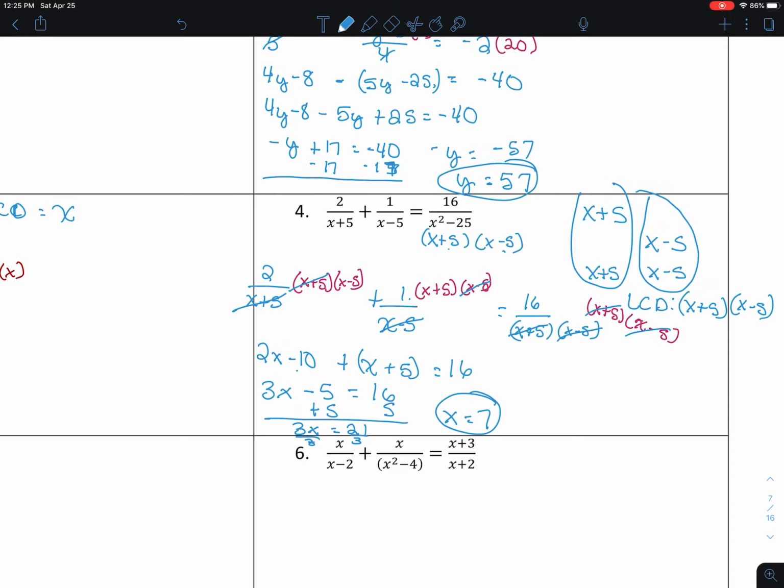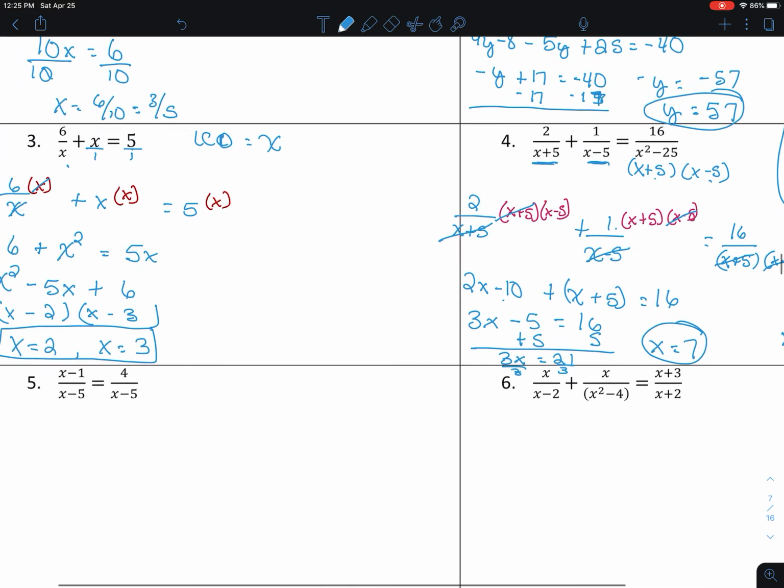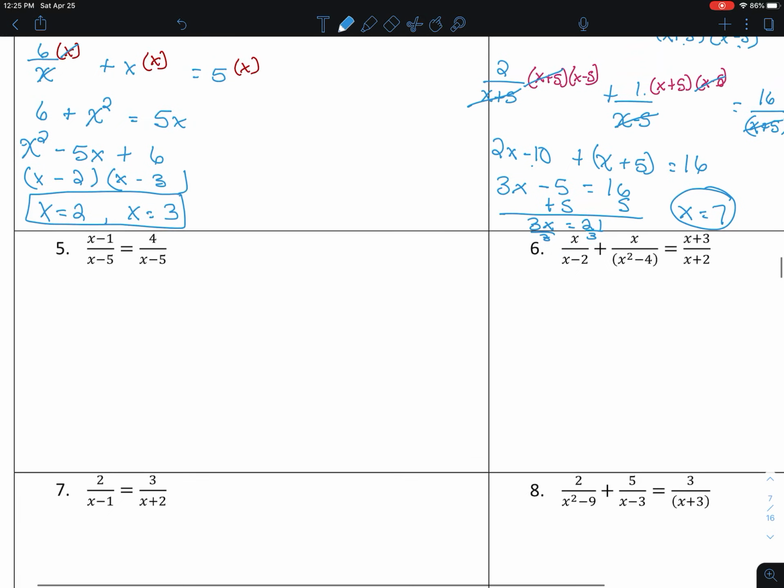Now, again, what were my possible extraneous answers? My possible extraneous answers were that x could not equal 5 and x could not equal negative 5. Because if x is 5, it would have made this 0. If x was negative 5, it would make that 0. So those would have been my possible extraneous answers. I should say not equal to. And since I didn't get that anyway, I'm good. I'm golden. Okay? All right, come back and watch the next video on solving